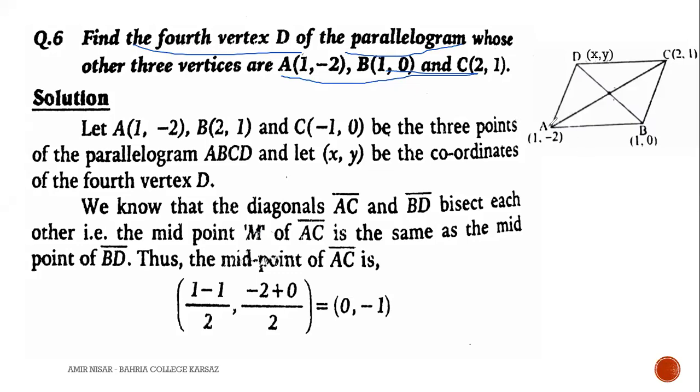बेटा देख लें, figure update हो गई है. Coordinates of A are (1, -2). Coordinates of B are (1, 0). Coordinates of C are (2, 1). And we have supposed X and Y are the coordinates of D, that you have to find out. Question mark मैंने बना दिया है कि ये आपको find करना है. X and Y, this information is not given. We have supposed, so this is the working wording. या आप अपनी wordings भी कर सकते हो. Let A, B, C be the 3 vertices of a parallelogram, and X, Y are the coordinates of D which we have to compute.